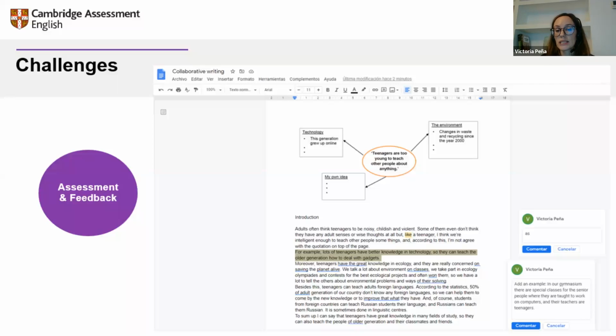With this, they can suggest ideas, find mistakes and suggest improvements, and also add, for example, examples. So it is a more flexible option for students who are more familiar with self-assessment and peer assessment, and also who have maybe a bit of a higher level to make the most of these tools.